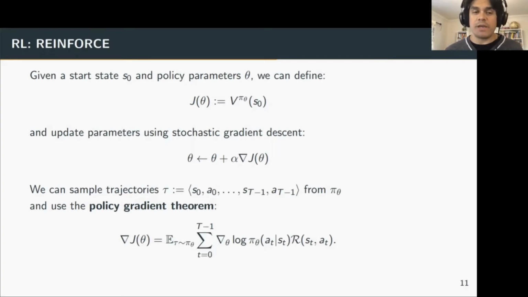Under this paradigm, we can update the parameters theta using stochastic gradient descent if we know the gradient of J. Now, this might not be so easy to compute, but thanks to the well-known policy gradient theorem, we can express the gradient of J in the closed form below. And this is using trajectories tau that are sampled using the policy pi. So tau is simply a collection of state action pairs done in sequence up to a particular horizon t. Now, using this policy gradient theorem, we can sample trajectories, compute the gradient estimate, and apply stochastic gradient descent to improve the policy parameters so as to minimize the cost for each of the agents independently.